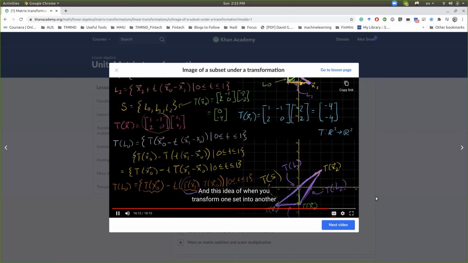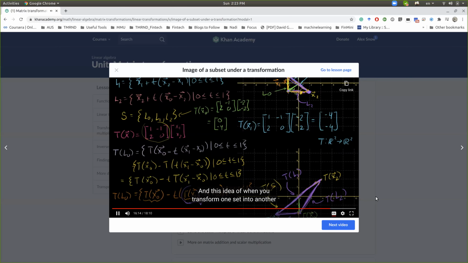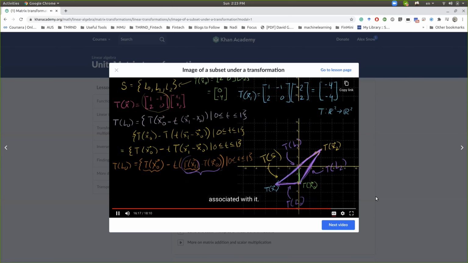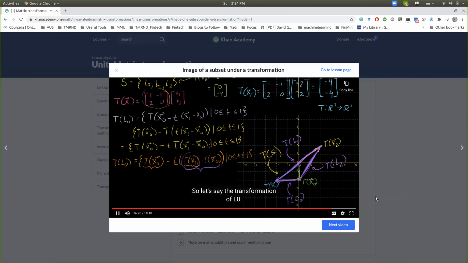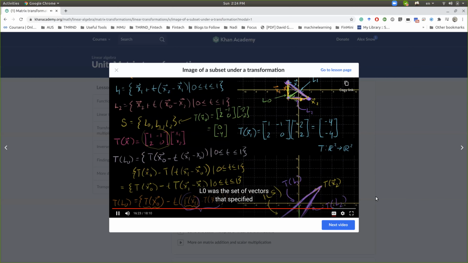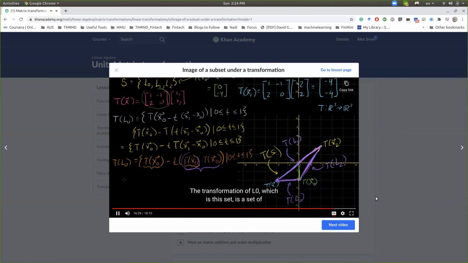And this idea of when you transform one set into another set, they have some terminology associated with it. So let's say the transformation of L naught, right? L naught was the set of vectors that specified this line right here. The transformation of L naught is a set of vectors in our codomain that specified these points. This is called the image of L naught